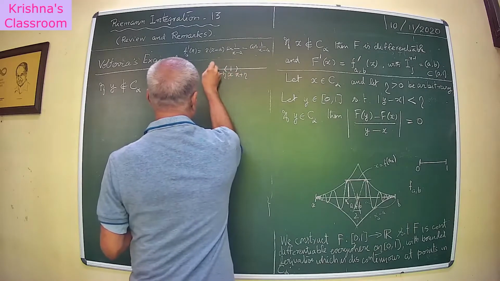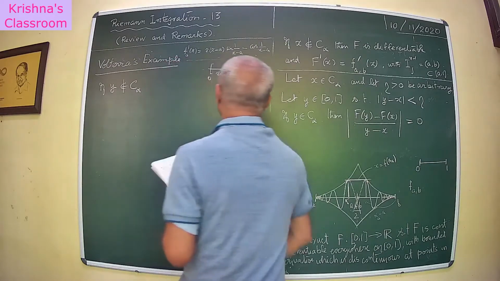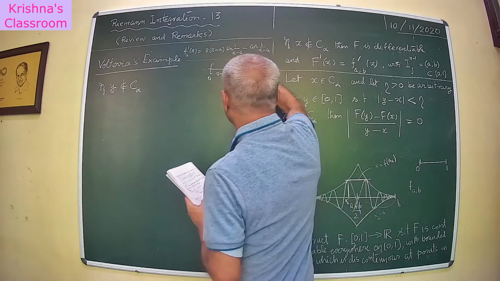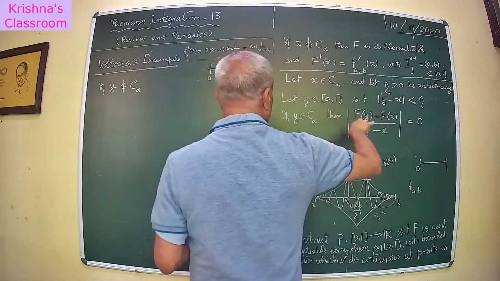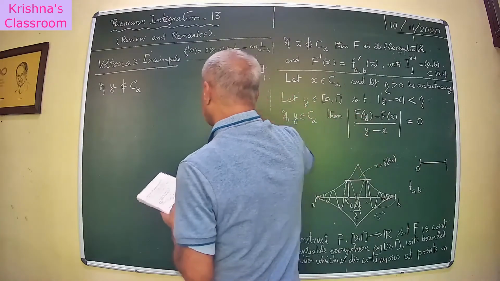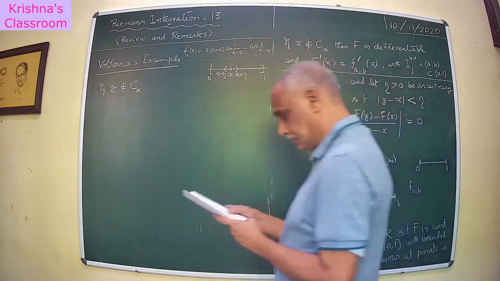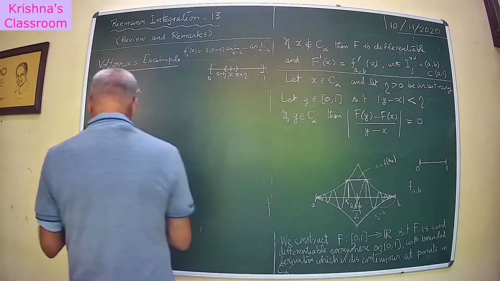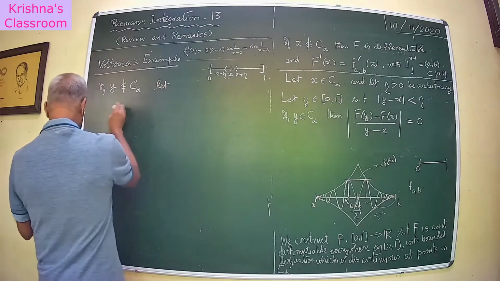Now this is in some part of [0, 1]. If y is a point in C alpha, then this is what we have explored. If y is not in C alpha, it is possible, so let us estimate this. Let y belong to